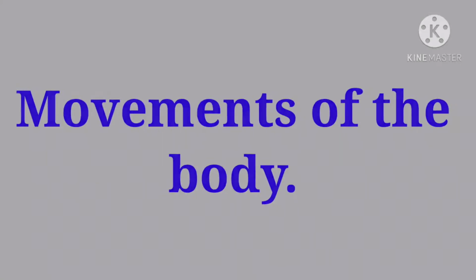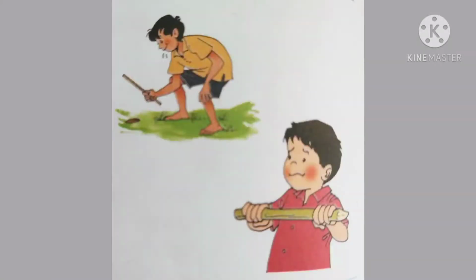Try to bend a wooden stick. Can you do so? Why not? Suppose that our legs and arms also could not bend. Would we able to make movements? No, right? Some of our body parts can bend. That is why we are able to make movements. Now let us learn which parts of our body can we bend.